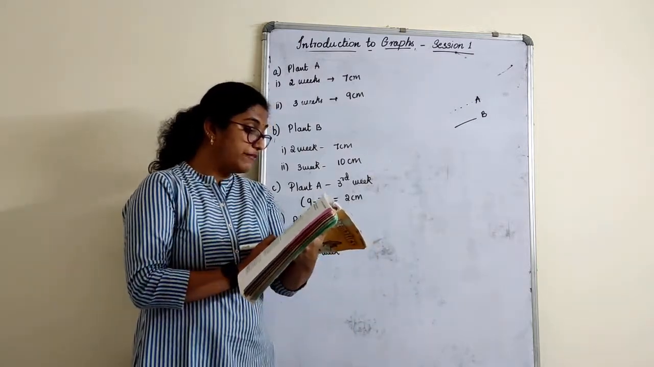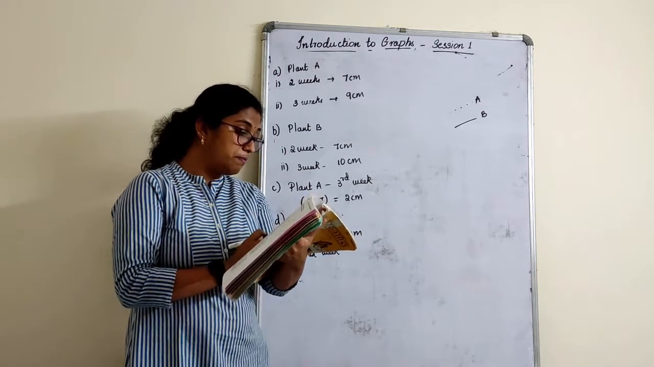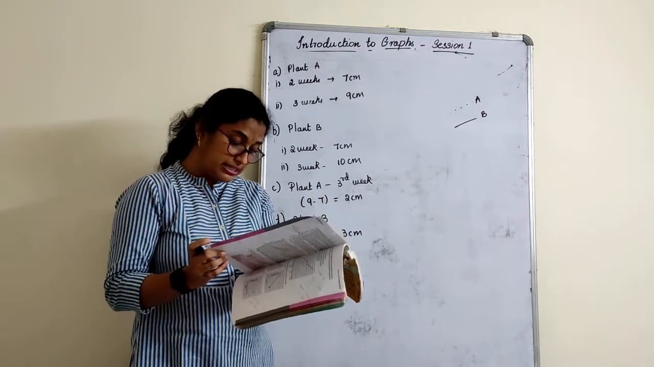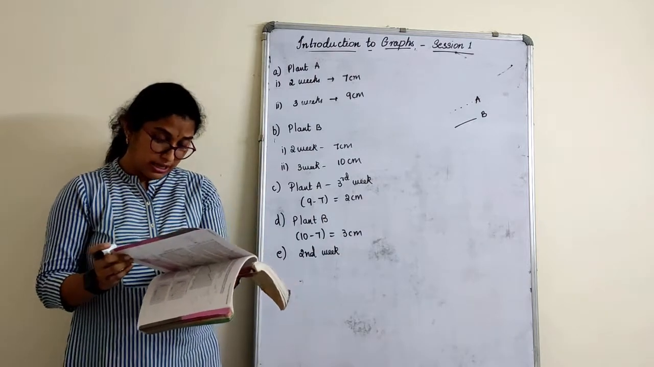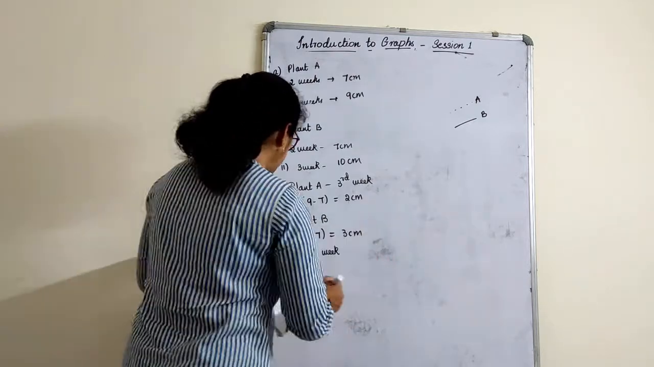Next part, during which week did plant B grow the least? Now plant B is the dotted line part. So during the first week,